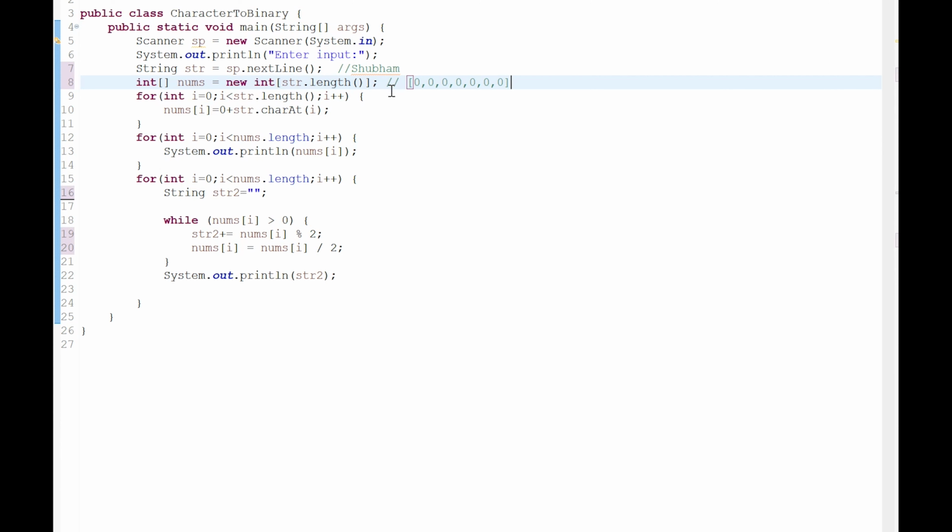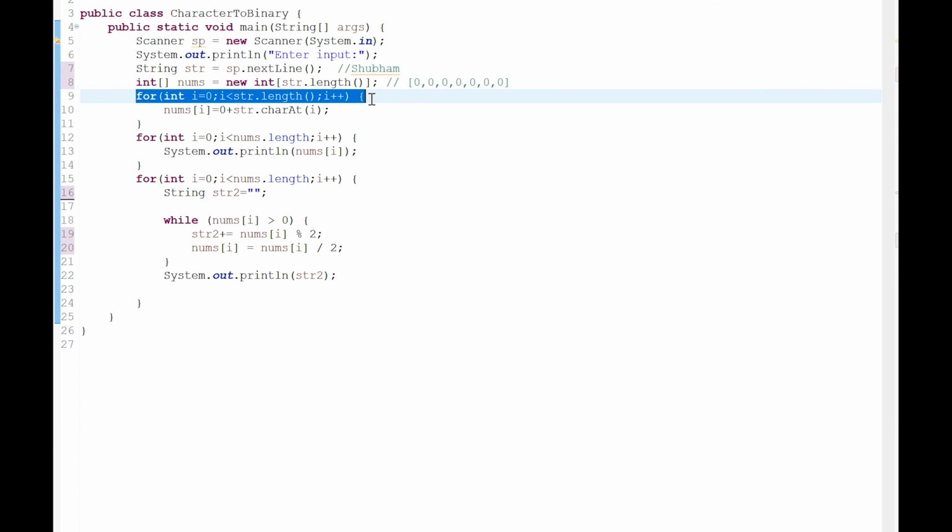Why am I taking this empty integer array? Because I want to convert each character into a decimal format, so it's easy for me to find the binary number of the decimal.